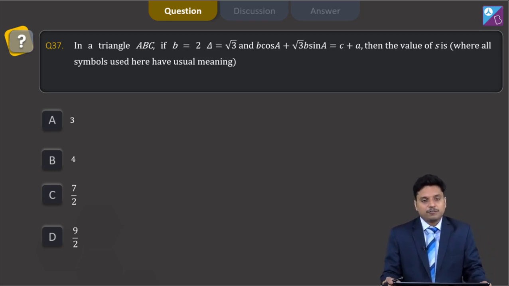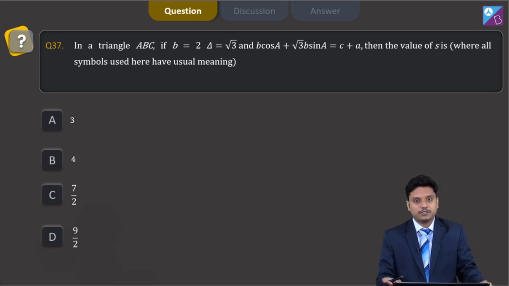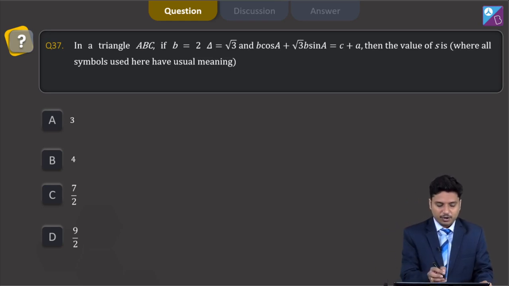So first of all, what we can think, this c is an alien quantity, because in that equation b and a are there, but c is a single quantity which is present, and moreover we are also not aware of the value of c. So first of all we should try to eliminate that c from this equation.